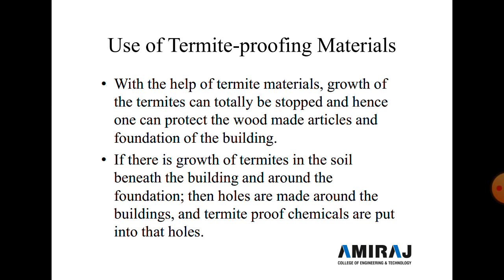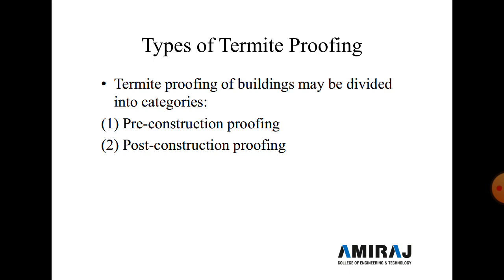Now next is types of termite proofing. So here there are two types of termite proofing. This treatment is carried out right from the stage of initiating the construction activity of the building, and these involve site preparation, and second is the soil treatment. So one by one we discuss it. First we discuss